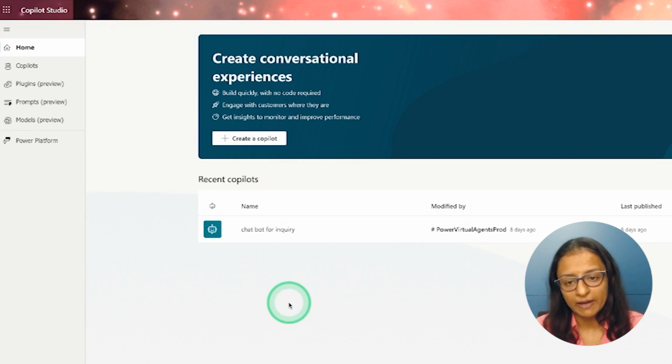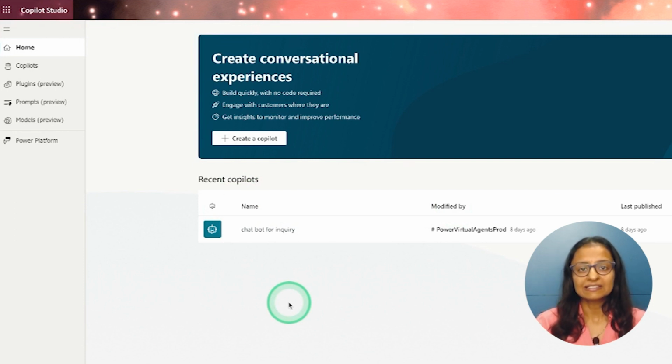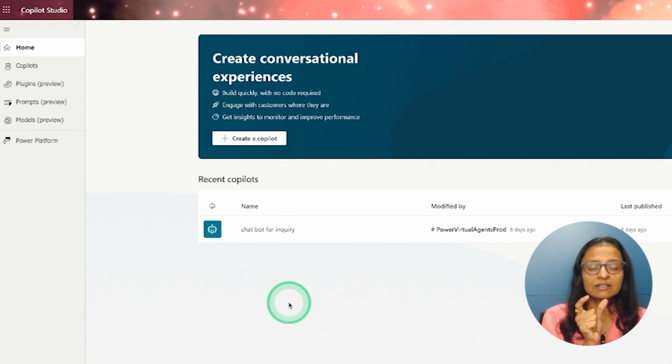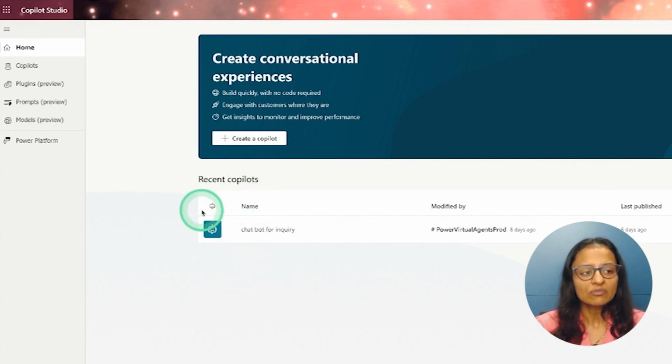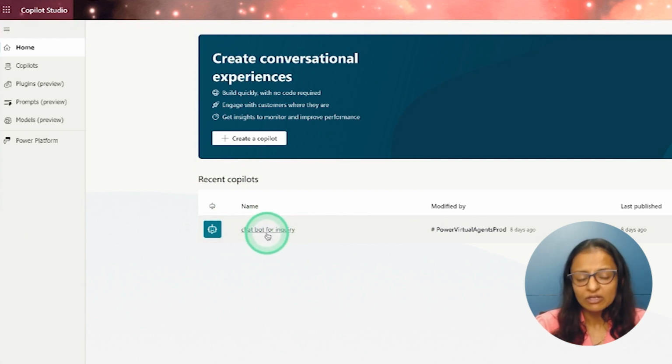Now what is Copilot? Copilot is considered a virtual agent, or consider it your virtual agent, where you are going to talk with that virtual agent. In Power Virtual Agent, the term Copilot is considered a virtual agent. Here you will be able to see whatever virtual agent you have created so far. So I have already created one virtual agent, so that is considered my Copilot. So here you will see the recent Copilots I have created. Now let me show you how it will look.